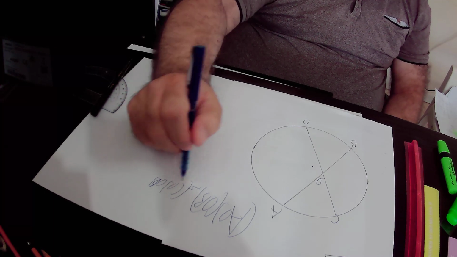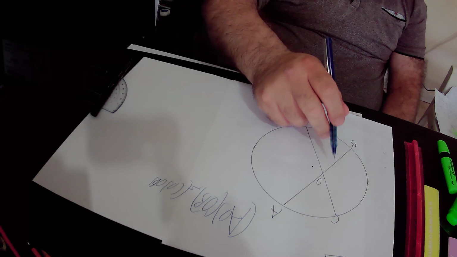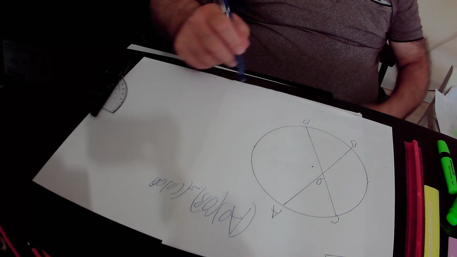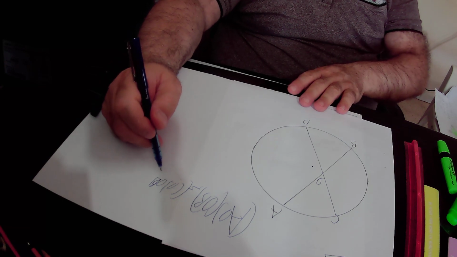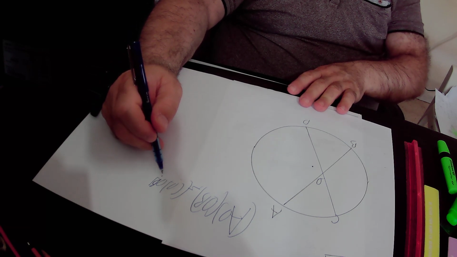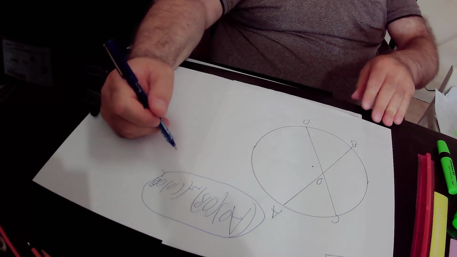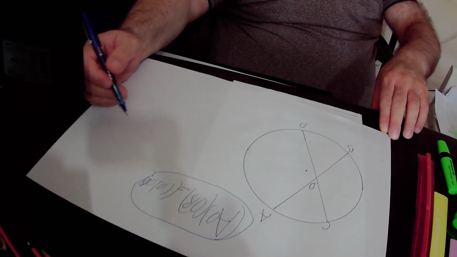Okay, I repeat again, if chord AB intersects with chord CD at point O, then AO times OB equals CO times OD. You can implement rule number 1 in our drawing. Why? Because in our drawing